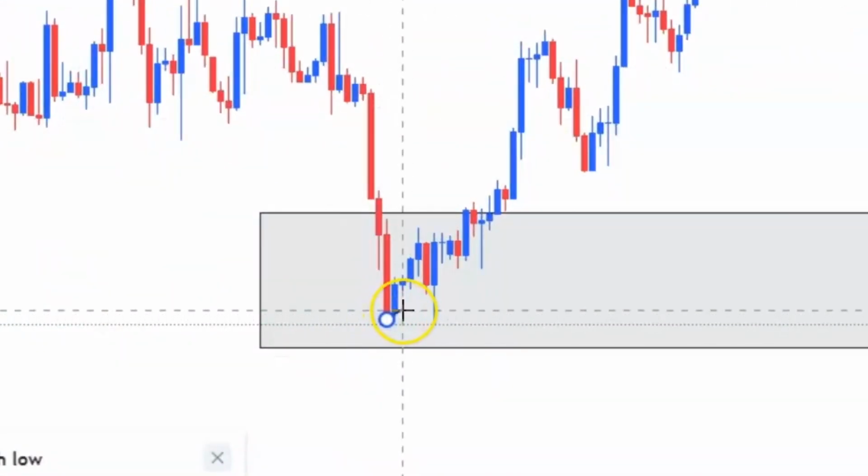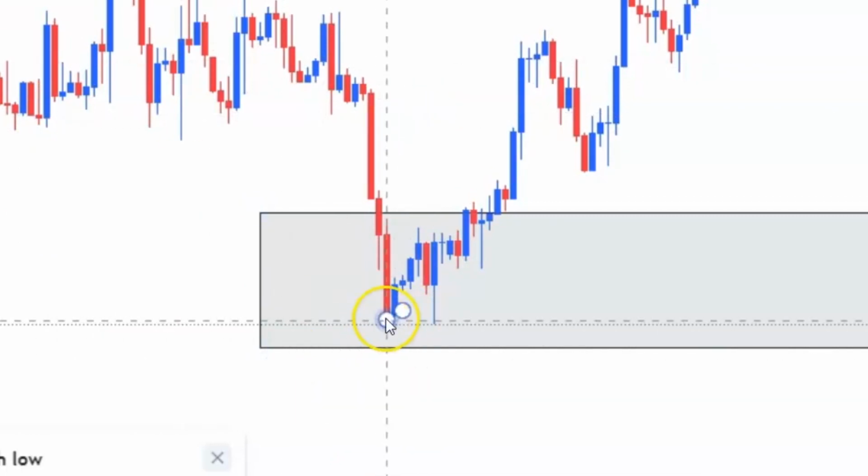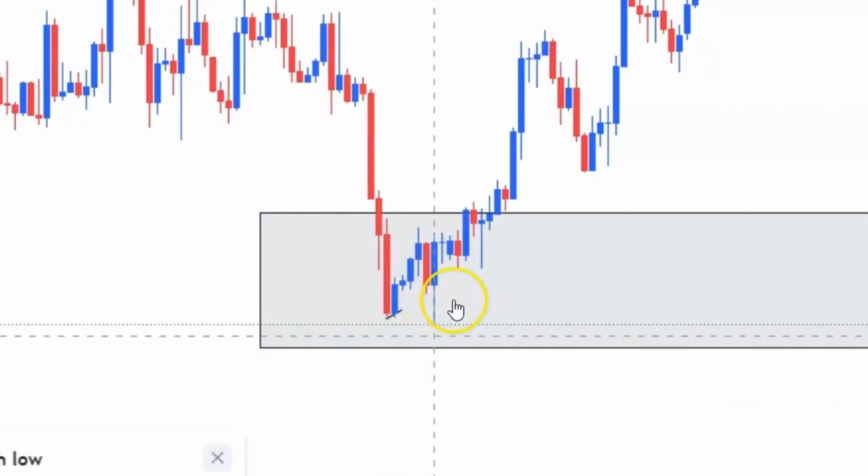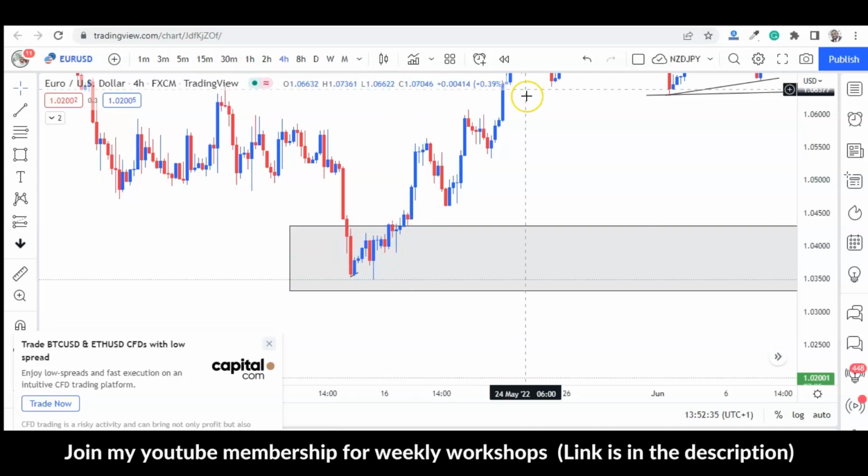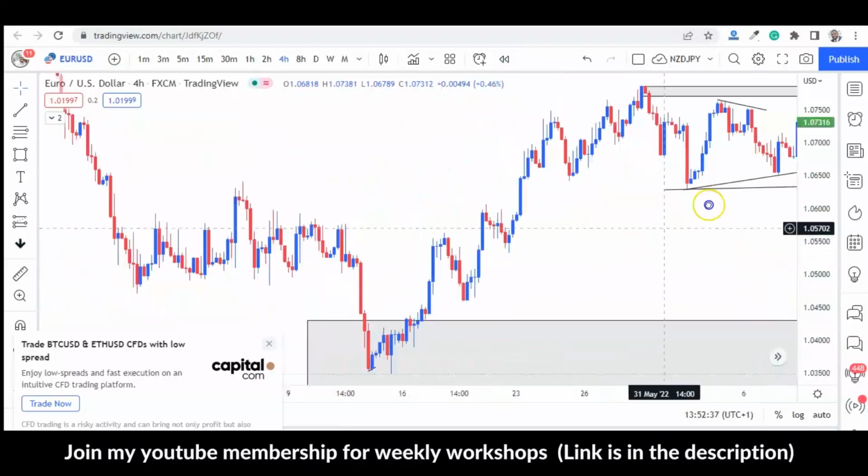If you go to a lower time frame, this is the 4 hour. If you go to a lower time frame, it will be clearer. Price took it, traded a change in order flow here, the entry, and then you would have taken this trade. Okay,